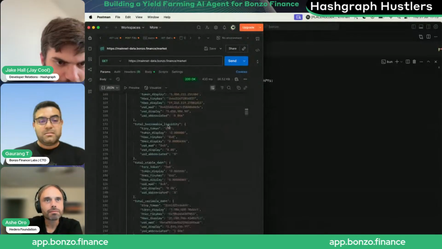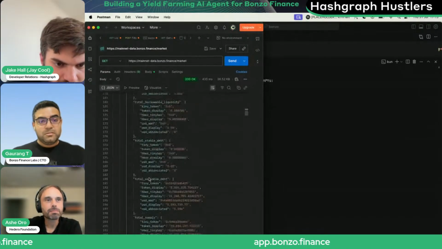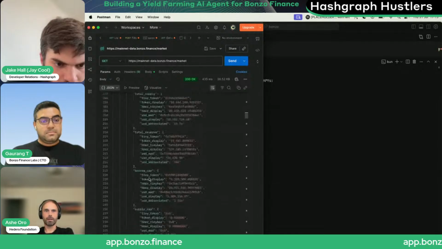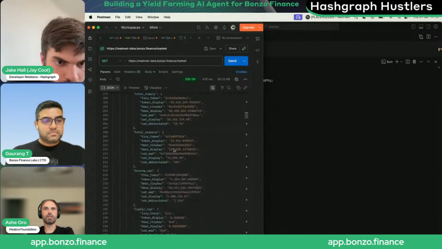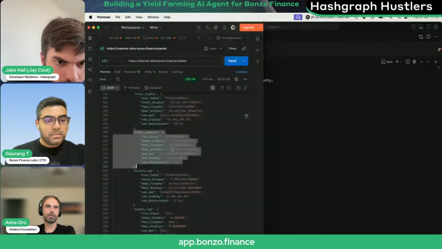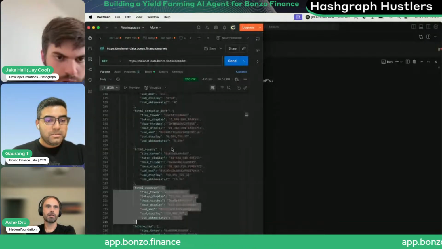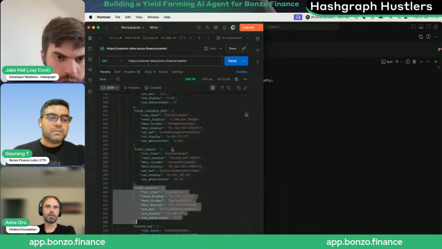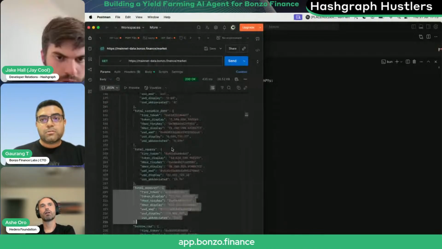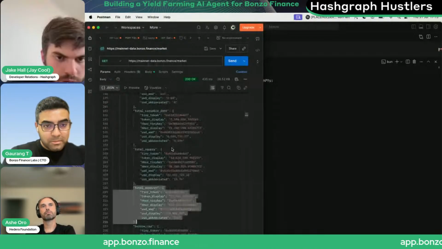Where does it come from? No, you have to go to the asset, the reserve actually. Yeah, the reserves array. It's going to be in the reserves array for each token. So it needs to look at the variable borrow APY, supply APY. And I think this is a percentage, and I think it's just multiplying that by 100. So it needs to know that this is a percentage value. If you go down